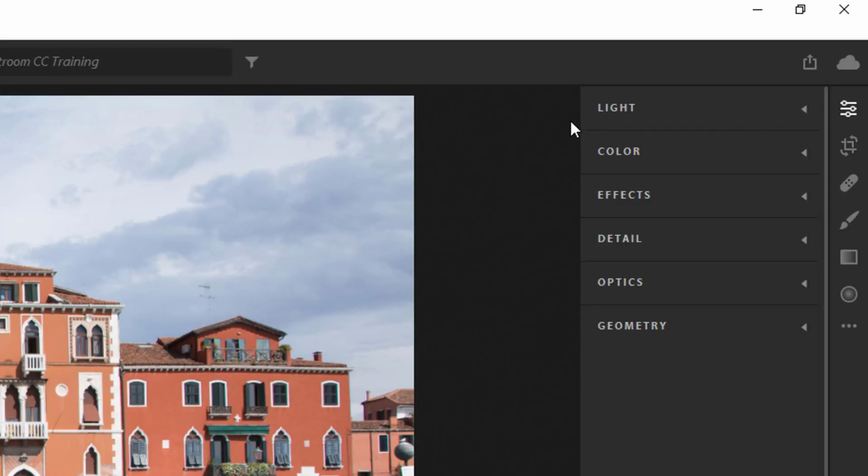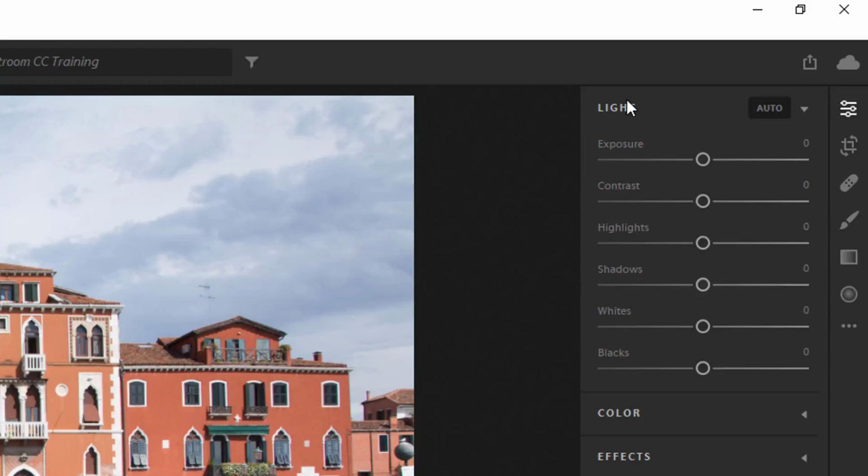Editing in Lightroom CC is straightforward. You can just go down the list and make the changes that your image needs. It is not required for you to go down the list in order. You can start from the bottom and work your way up if you wish, or you can start anywhere you like. However, in my opinion, it makes a lot more sense to start on top and work your way down. And that is what we will do in this training video.